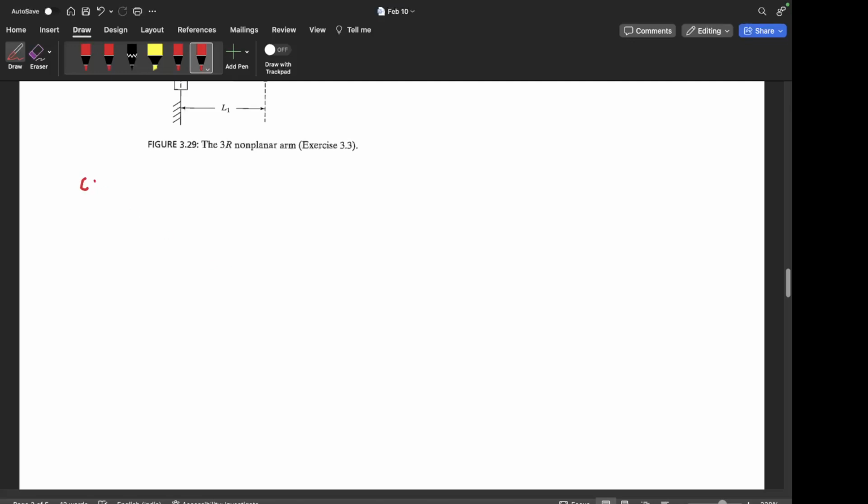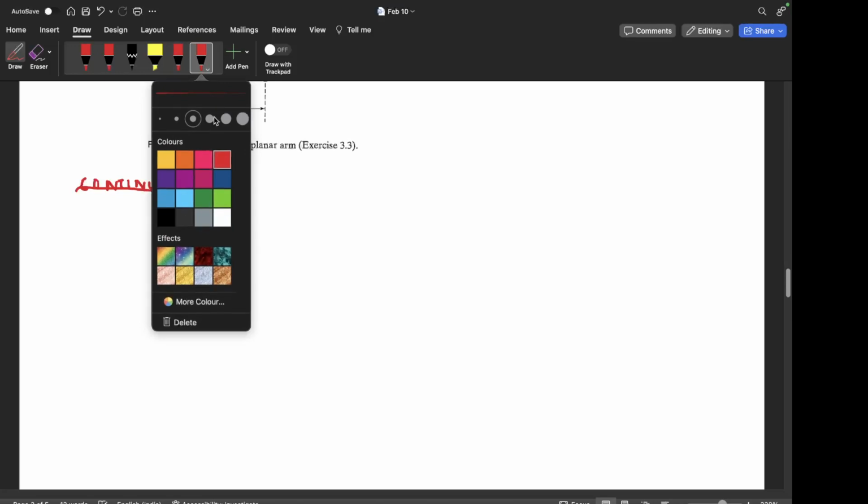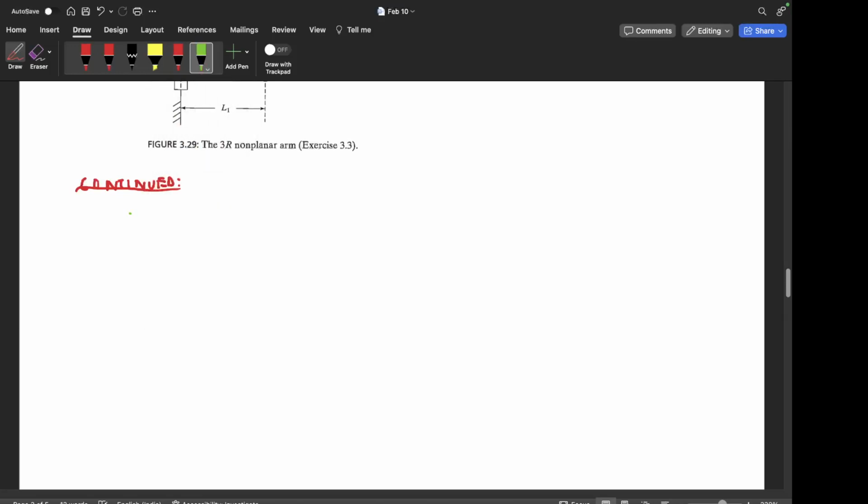So let's continue here. Okay, so the J matrix, let's rewrite it here once again, is